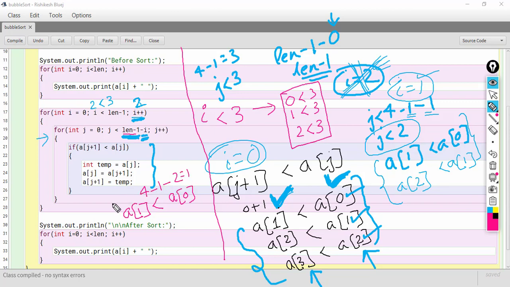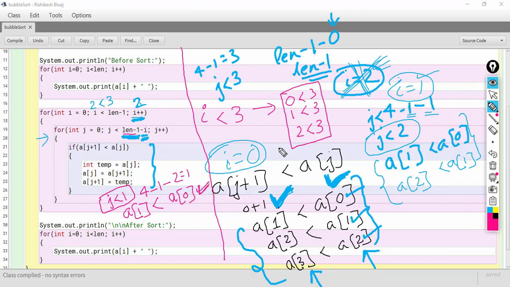So, as long as j is less than 1, that is the condition in the third execution of the inner loop. That means only one time the inner loop will execute this time, when j is 0. So, comparison will happen only one time.